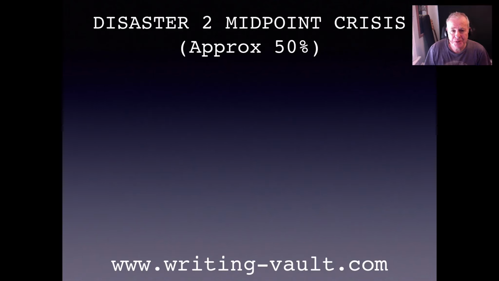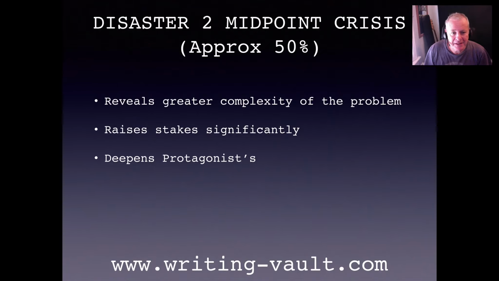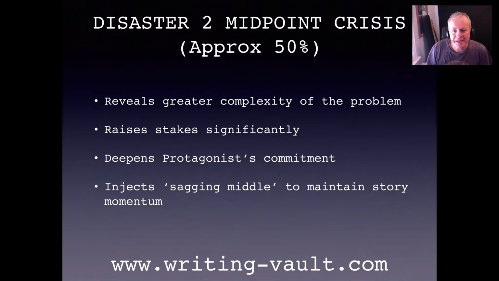Let's move to disaster 2, which is the midpoint crisis. That's at the approximate 50% mark of the story. That reveals to us, the audience, and to the hero, although depending on what kind of storyteller you are, you might choose to make that just us, the audience, and not for the character, which creates greater tension because we know something's harder than the character knows. But it basically reveals that the story problem is more complex, more dangerous, more severe than first thought, raises the stakes significantly, deepens the protagonist's commitment to seeing through the story journey and overcoming the story problem, and injects story